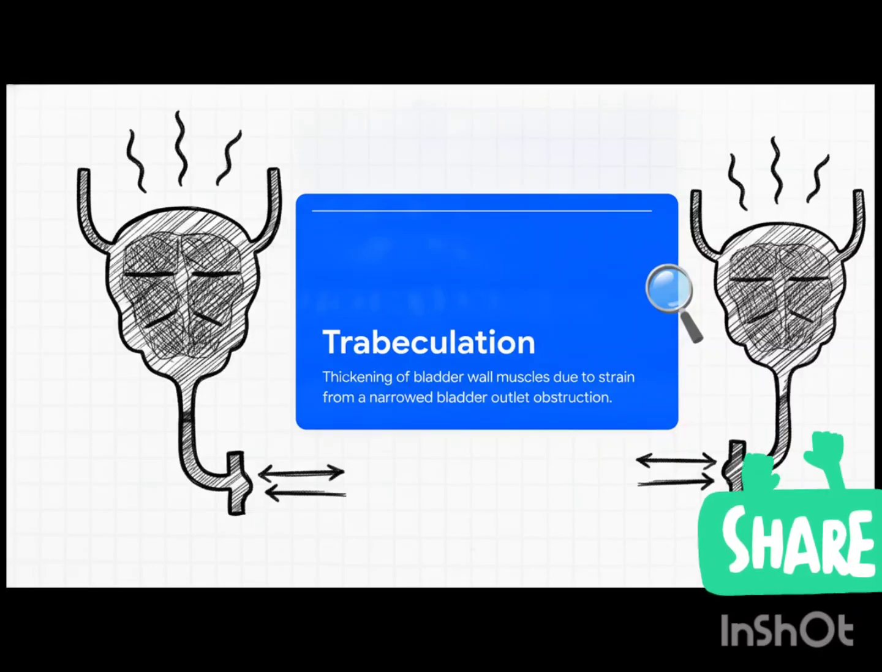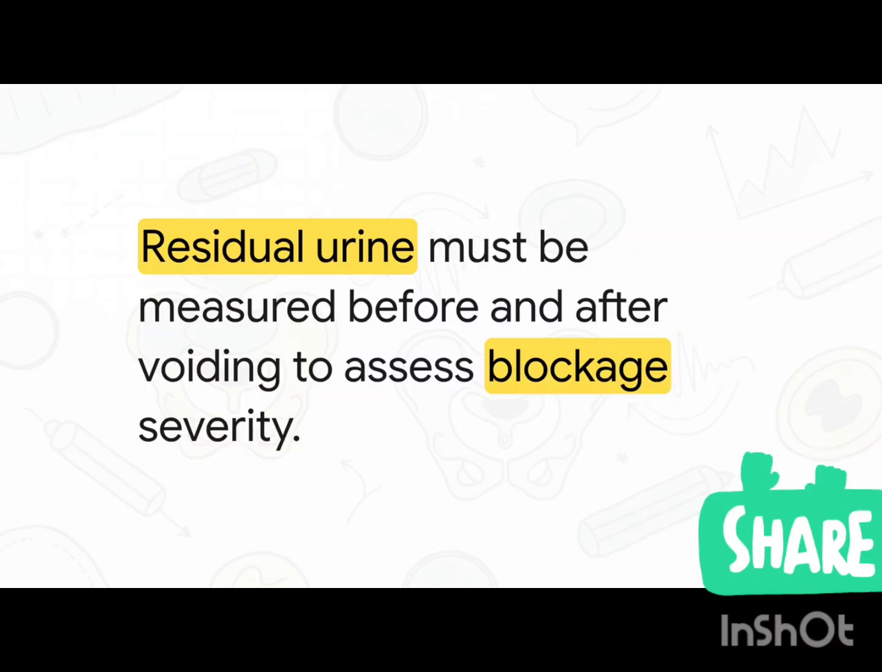Trabeculation is essentially the physical strain on the bladder wall muscles. It's what happens when they have to desperately fight against that narrowed outlet day in and day out. You're looking at stark, visual evidence of the bladder literally struggling to do its job. So the crucial takeaway here is that we have to measure just how effectively the bladder is managing despite this